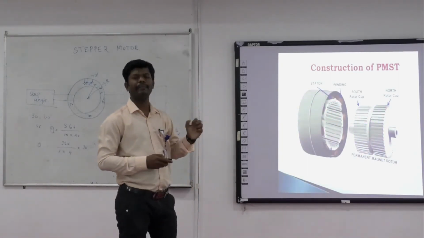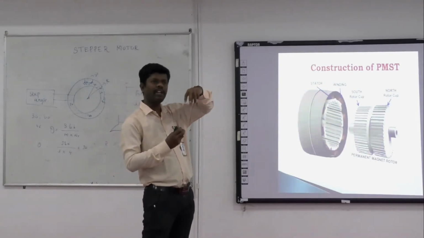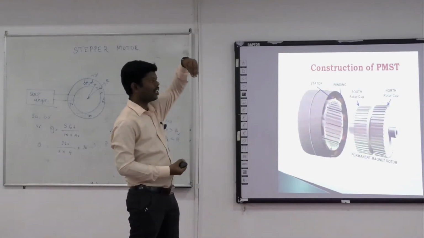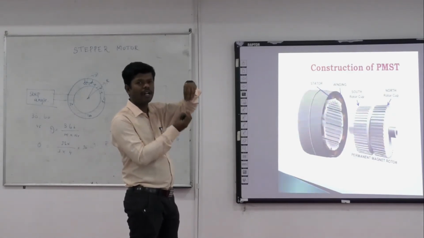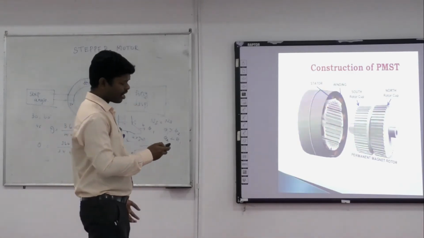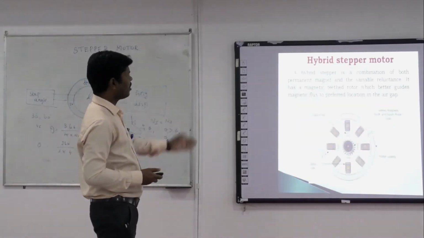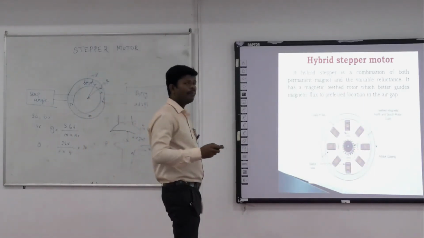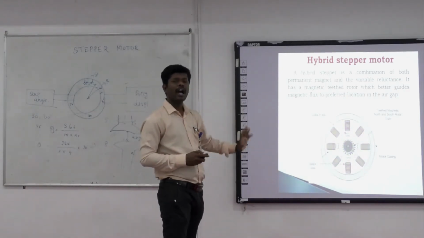Coupling means they are joined together without touching, but they run sequentially with the stator and rotor. This is a rotor winding. One pole is available, one tooth is available, so both can be locked properly with the air gap. That is the construction of the hybrid stepper motor. The permanent magnet type has a drawback in its minimum angle, but the main advantage of the hybrid system is that it can control angles from a minimum of 0.7 degree up to 90 degrees.